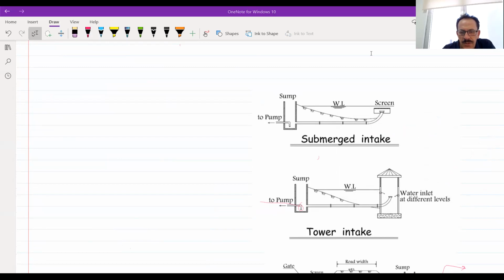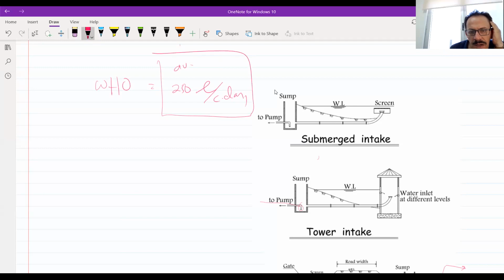Yes. So my question is, in case you have a city and you want to design, we know that we have an average flow rate, an average consumption rate. For example, the WHO recommendation is that everyone can have 250 liters per capita per day. This is an average, right? Yes. This is called the average consumption rate.